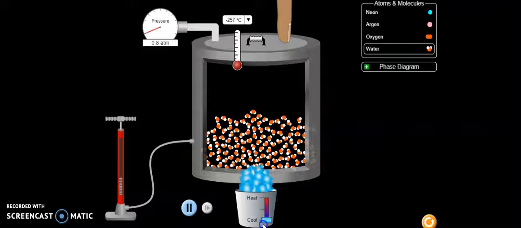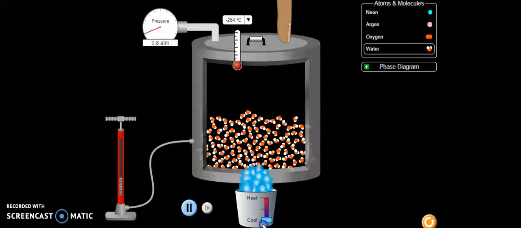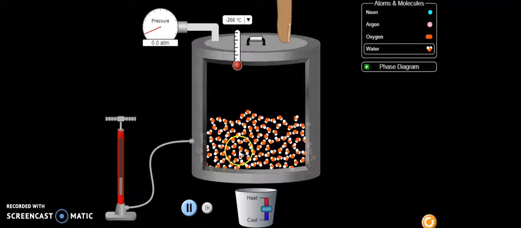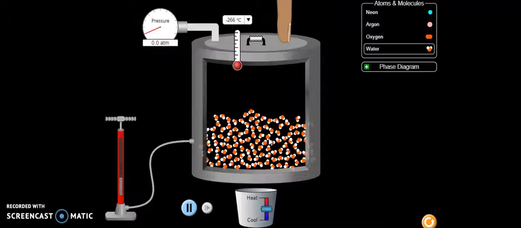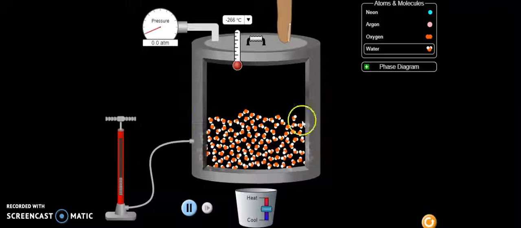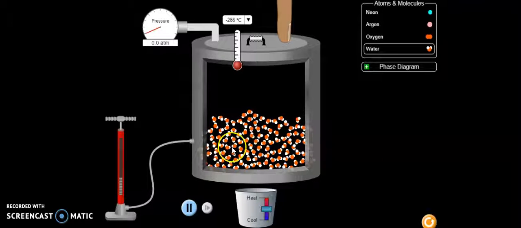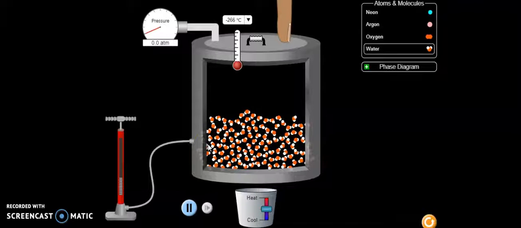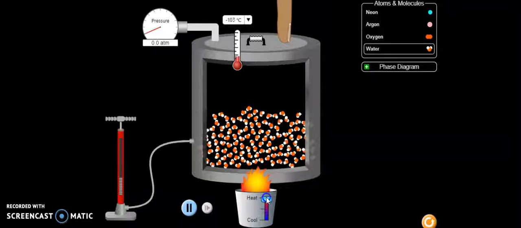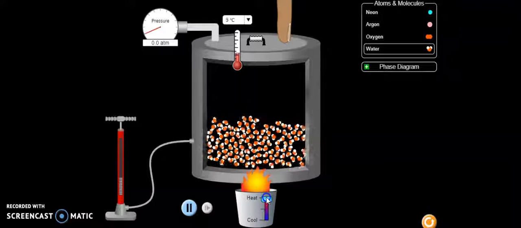So right now the particles are not moving, so the kinetic energy is equal to zero, because kinetic energy is the energy of motion. If I don't have any motion of particles, the kinetic energy will decrease. So the average kinetic energy right now, if we heat it again, you can see the particles start vibrating